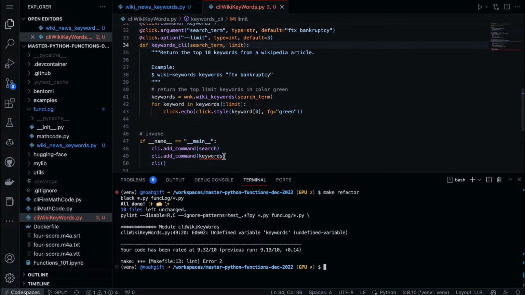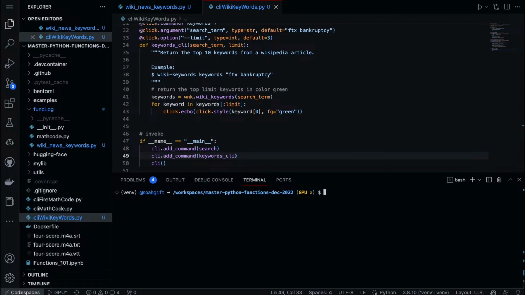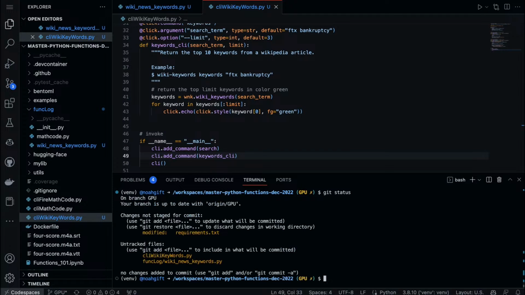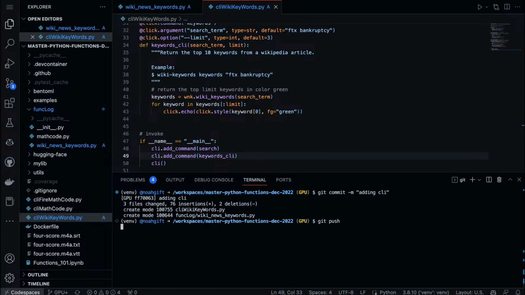Oh, because it's now keyword CLI. There we go. Make refactor. Perfect. And now I can say git status. It looks good. Let's check all this in. Git commit, adding CLI. Push that.